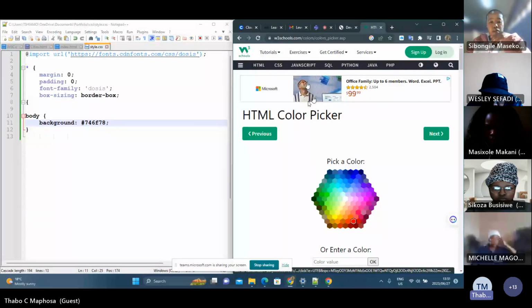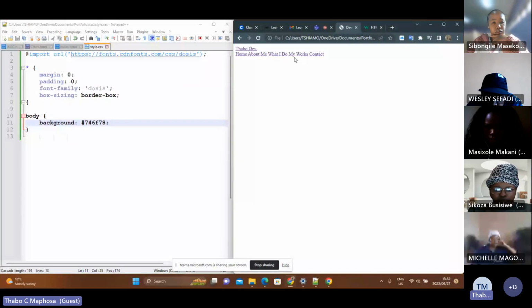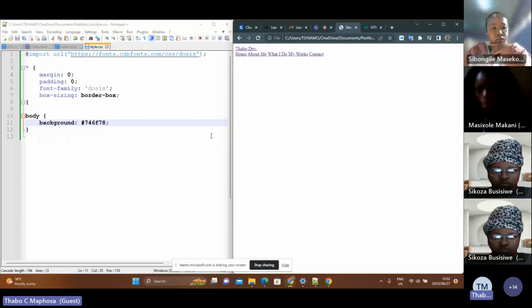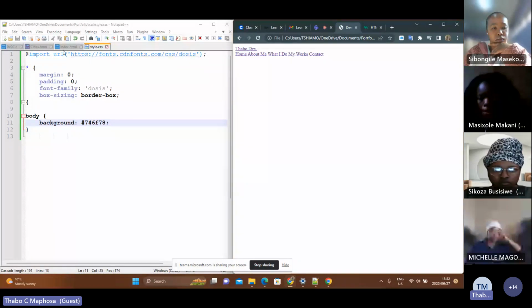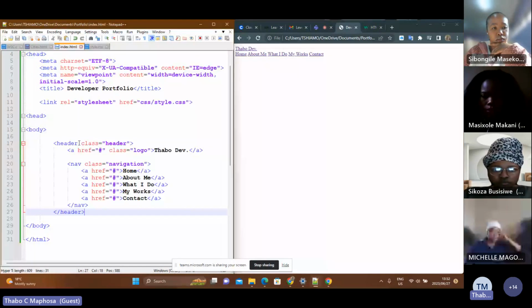Let's see if we can actually do that. So for us to put that header there, we need to write the code for that particular header. We need to write that code there. So now we need to go and check the name of the header. Okay, it's called header, isn't it? So header, that is the class that you're working with. So I'm going to copy the class name there. Then I'm going to come here. Underneath here, I'm going to say,